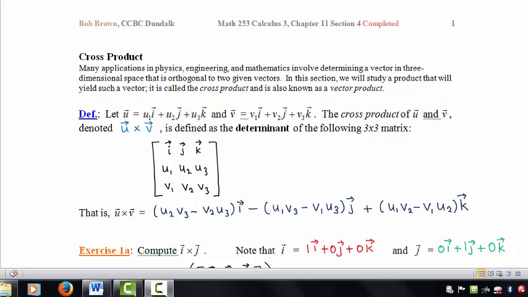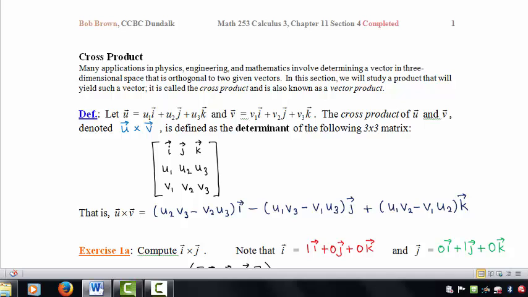Chapter 11, Section 4. We are going to look at some of the highlights on pages 1 and 2. Let's start with the definition of the cross product. The cross product is defined on vectors in 3 space. The definition that we have here is presented algebraically in the form of the determinant of a 3 by 3